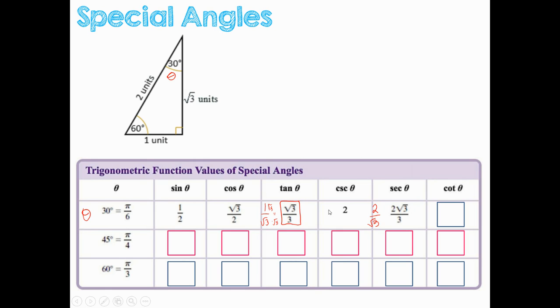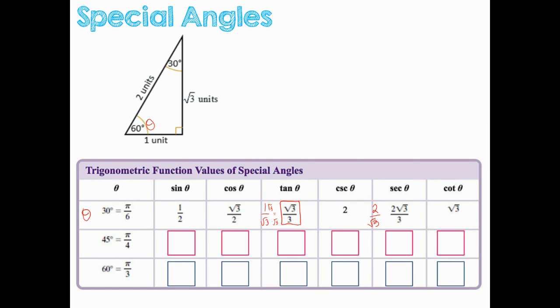And my cotangent, I want you to look back at the tangent. Tangent was 1 over root 3. So the reciprocal of that is just root 3. Also looking at your triangle, cotangent is now going to be your adjacent over your opposite, which gives us root 3 over 1. All right, still working with this triangle,